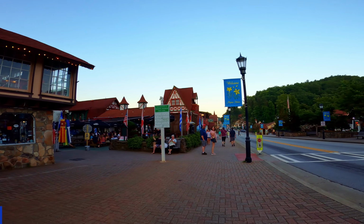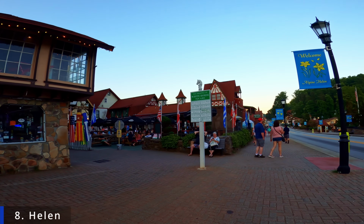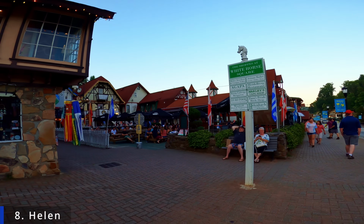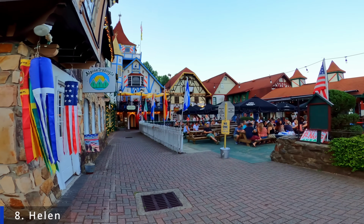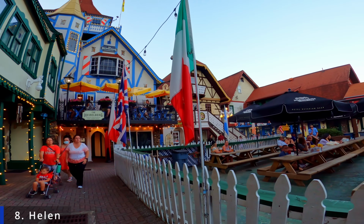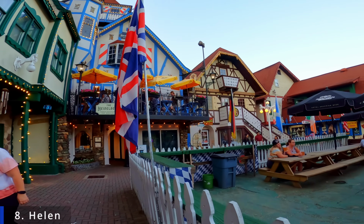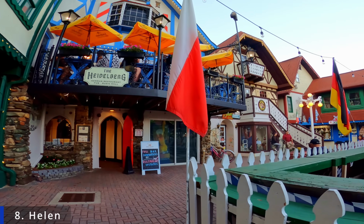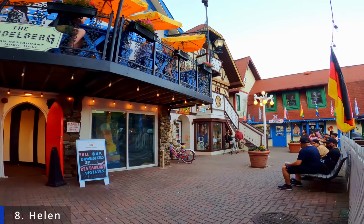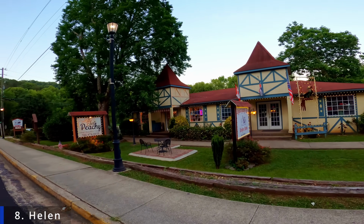But next up at number 8 is the German Bavarian Alpine village in North Georgia, Helen. The city Helen is inspired by the traditional German mountain towns of Europe and has been referred to as the Little Germany of Georgia. Almost every building, shop, and restaurant features a Bavarian-style architecture, with steep-roofed alpine chalet design, and